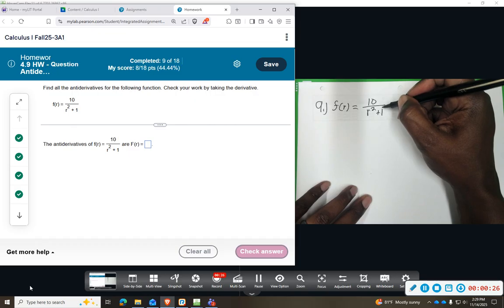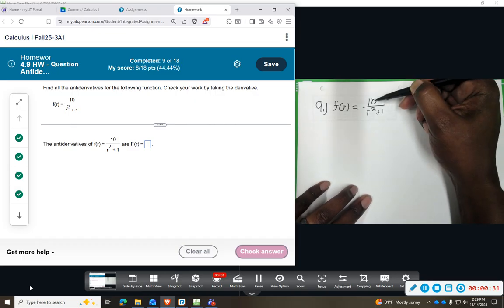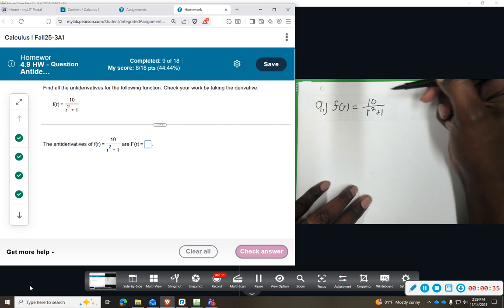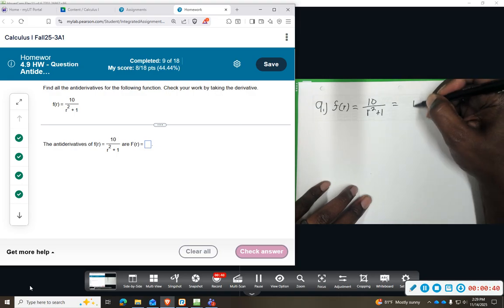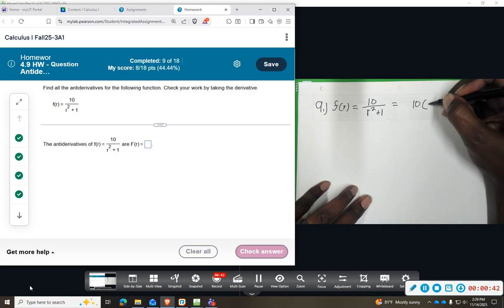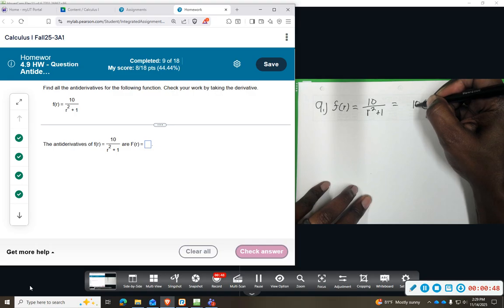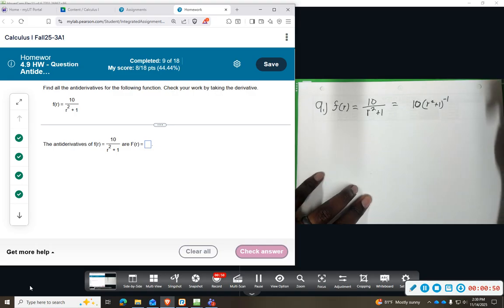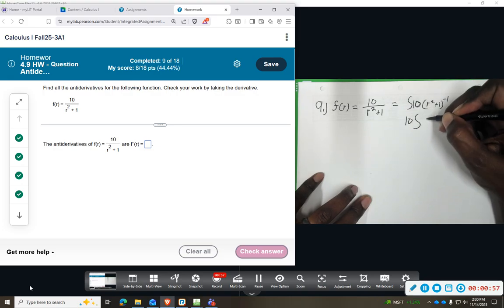Now, usually whenever I notice a division problem, either I'm going to be looking at natural log or maybe some special function, because when you try to rewrite this, r squared plus 1 to the negative 1 power, you'll notice a problem almost immediately when you try to do the integral. So if we were to try to integrate this function, we would pull out the 10 and we would go through the process